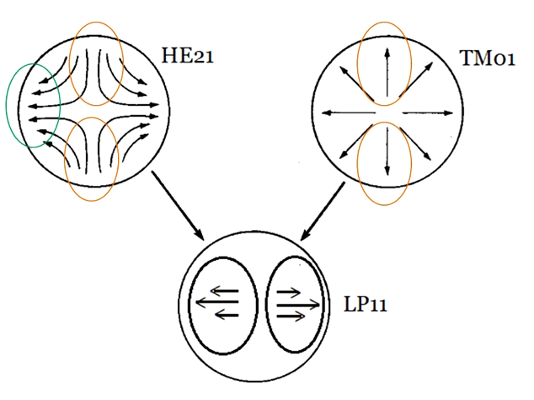This field is moving towards the left, now this field is also moving towards the left, they will get added and we will get one horizontally polarized field. This field is moving towards the right, this field is also moving towards the right, they again will get added, and we will get this pattern.